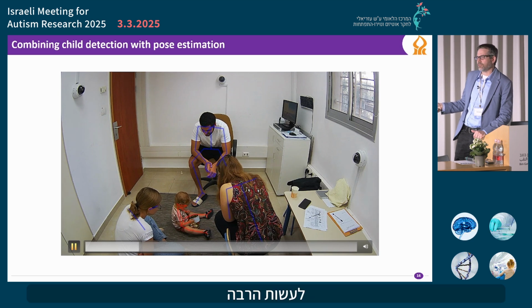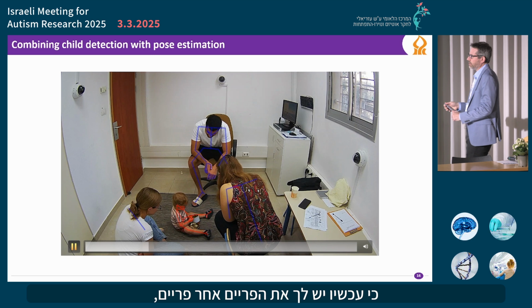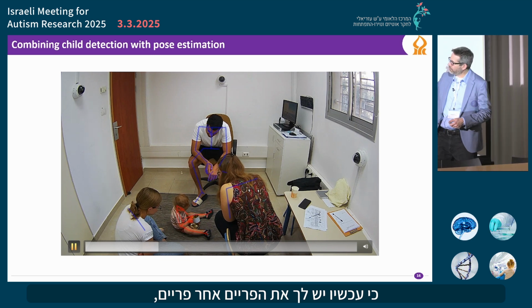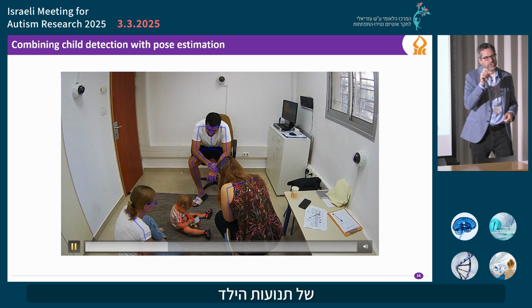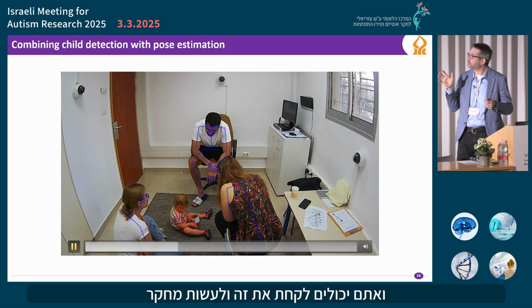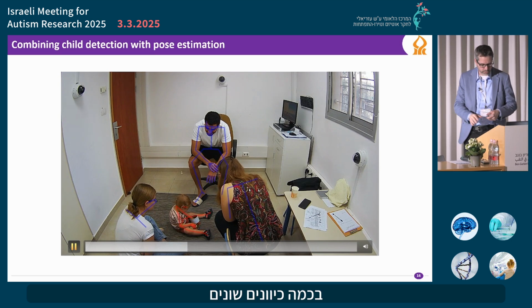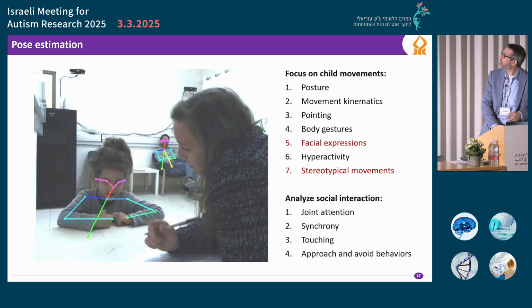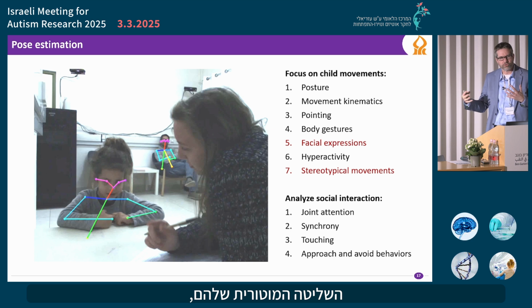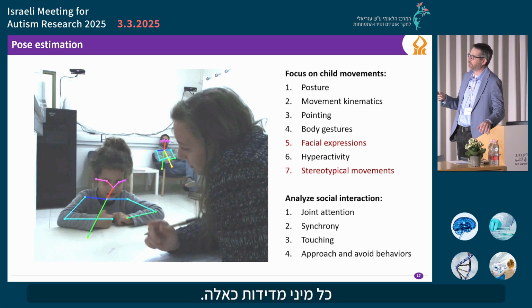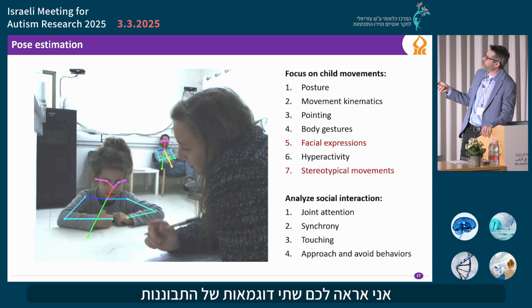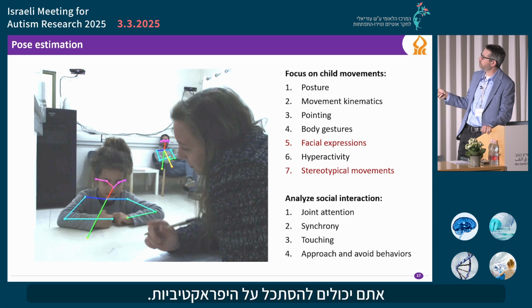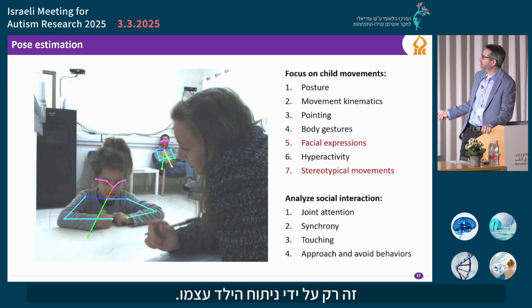But this opens the road to doing a bunch of really interesting stuff, right? Because now you have, frame by frame, a really detailed description of the child's movements in the room, and you can take this and do research in multiple different directions. You can look at everything from their posture and their actual movement kinematics, their motor control, how clumsy they are, all sorts of measurements like that. I'll show you 2 examples of looking at facial expressions and identifying and quantifying stereotypical movements. You can look at hyperactivity. That's just by analyzing the child themselves.